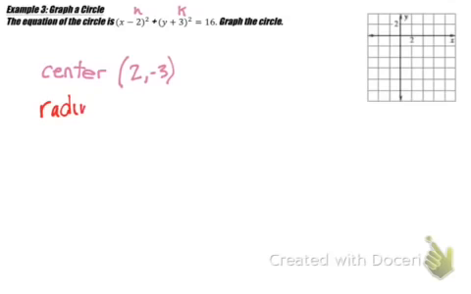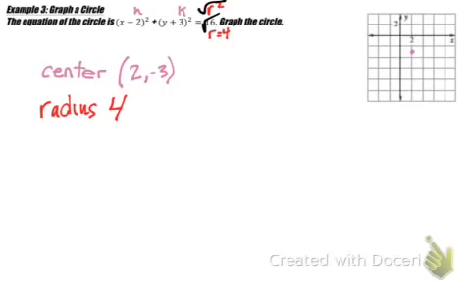Our radius is going to be whatever this value is, but we have to take the square root, because it's written as r squared. So to get just the radius, we take the square root, so then r would equal 4. So then our radius is 4. So with center at 2, -3, and then our radius at 4, we can put our center down,